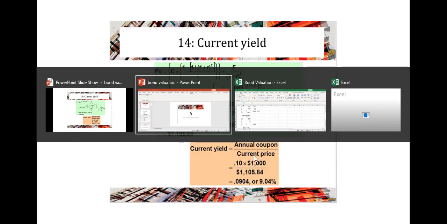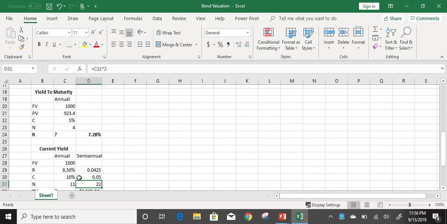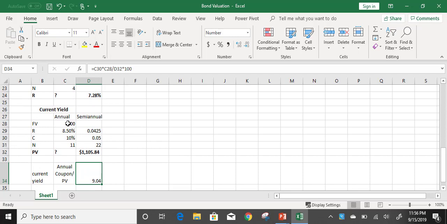Now let's use Excel to find the current yield. So these are the data which are given in annual. I converted it into semi-annual. So the interest rate is divided by 2, coupon payment is divided by 2, and the number of years has to be multiplied by 2 because the payments are then doubled, since it's twice payment in a year. So the present value of the bond is